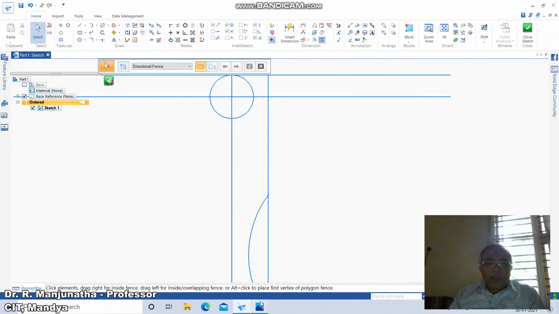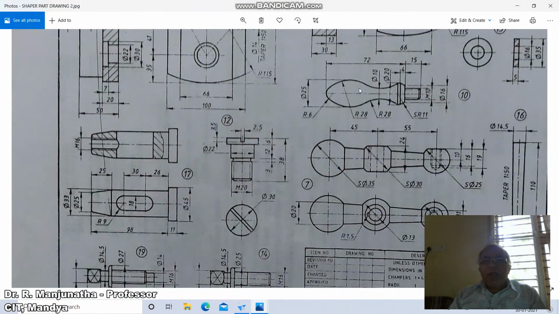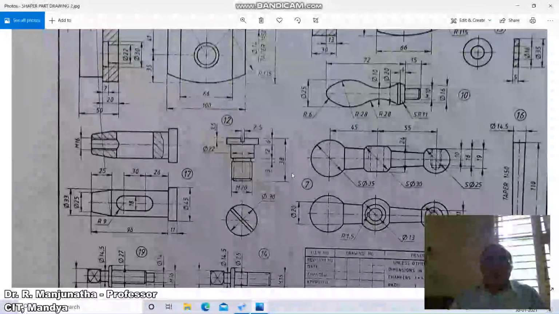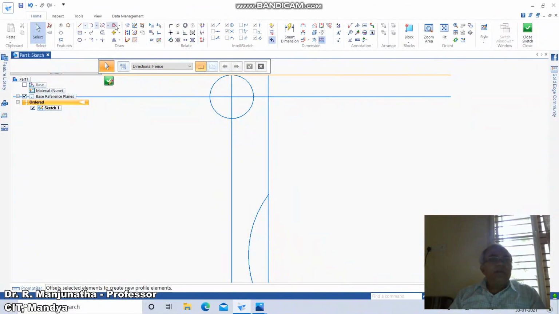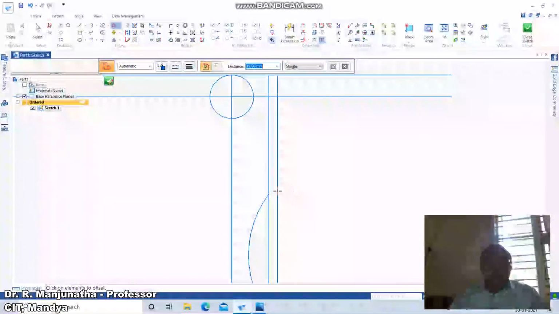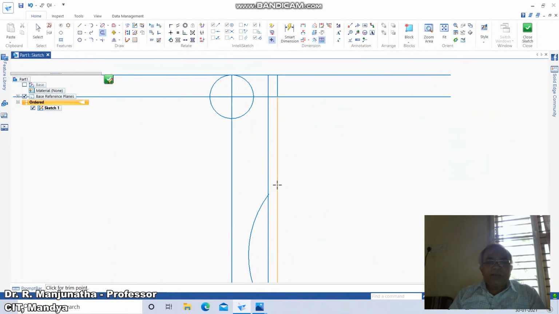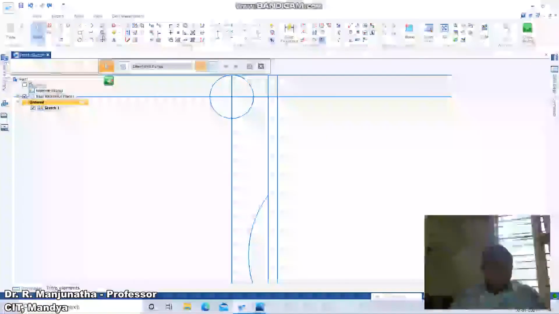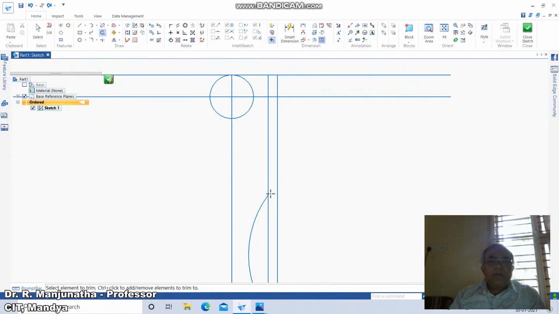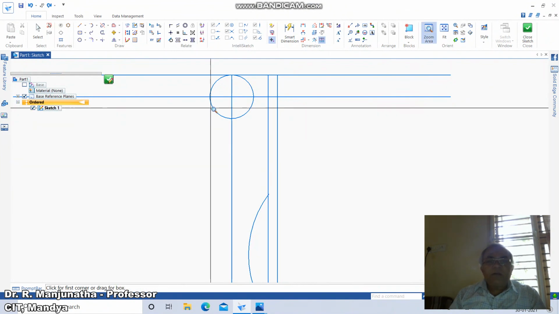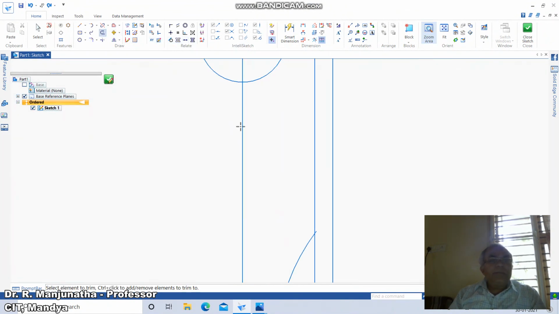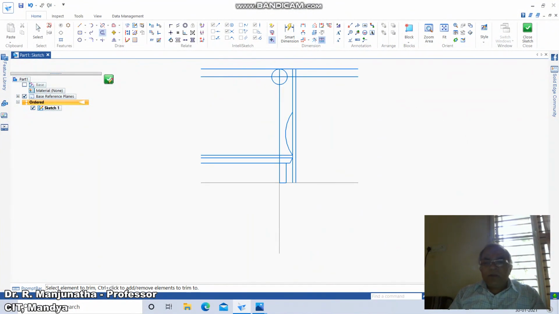Now again we have a radius of 25. So go to offset, take the distance as 12.5. So from here you take 12.5, and then again you go to trim this line till here. Sorry, trim this line till here. So go to zoom area. So this is trim this till here. Then go to end. So zoom area, again you take this.